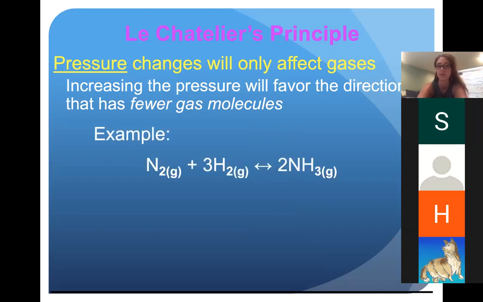So here's an example. This is the Haber process. This is a very, very common equation that's looked at in real life chemistry and the formation of fertilizers. Okay, so notice that on the reactant side here,